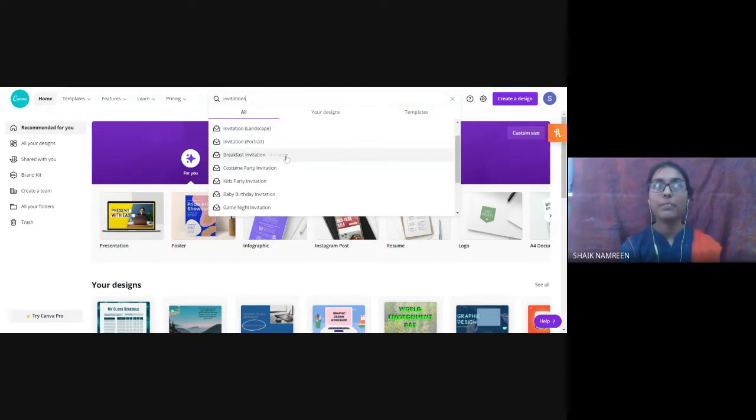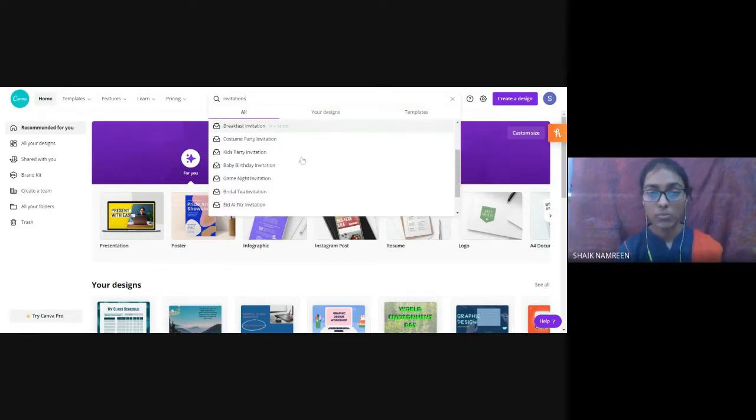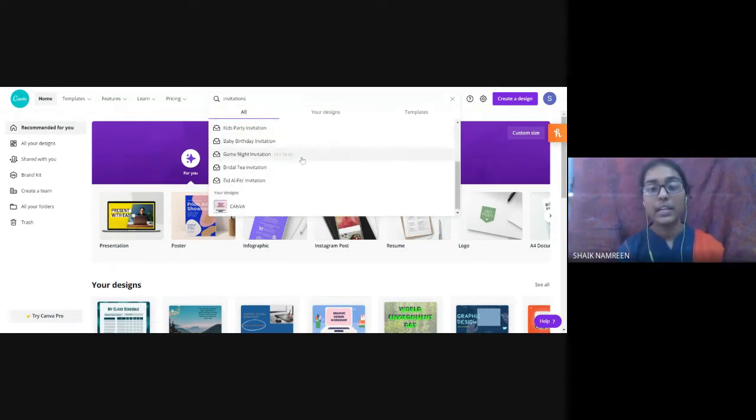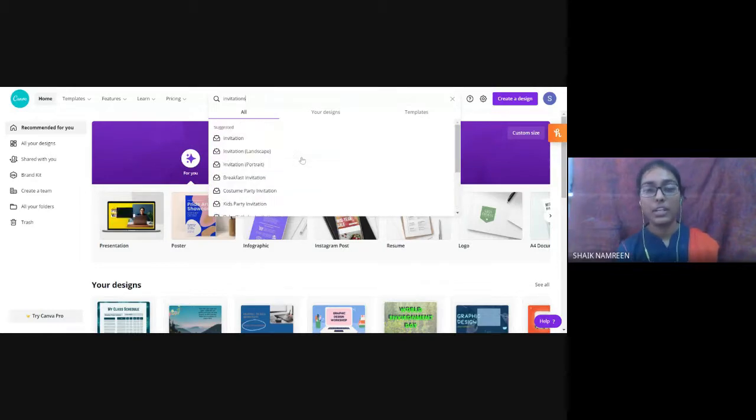By going to a blank page, you can select any of the templates and create on your own. I mean, you can customize however you want, like breakfast invitation, costume party invitation, kids party invitation, birthdays and game night invitation, bridal tea invitation, and so many. So we'll go for invitations first.